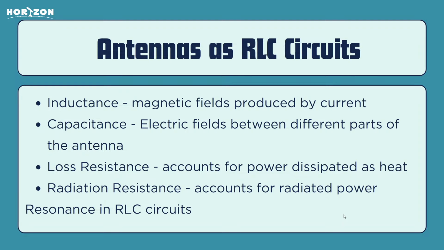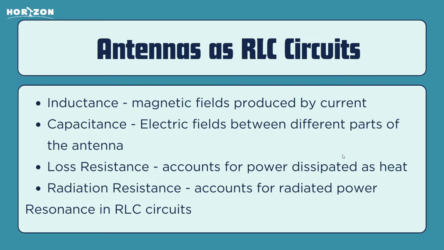The capacitance of an antenna originates from the electric fields formed between different parts of the antenna or between the antenna and nearby objects. In antennas, there are two kinds of resistive elements that are used for modeling the behavior. One is the loss resistance. Both of the resistive elements account for the loss of power from the antenna, whether it's through heat or radiation. So the loss resistance accounts for the power dissipated as heat within the antenna itself,